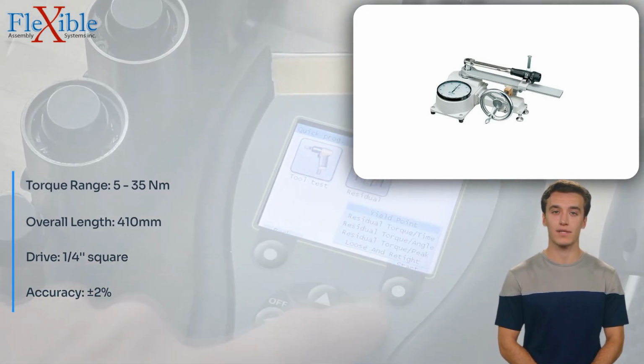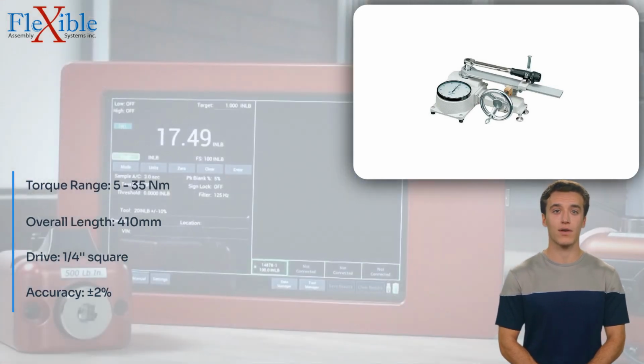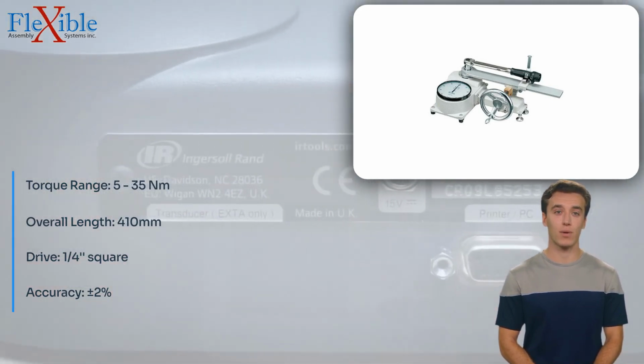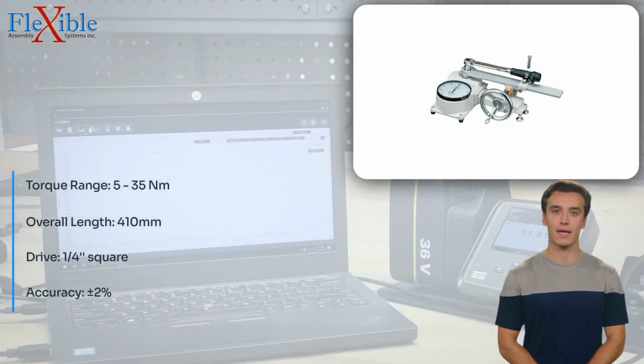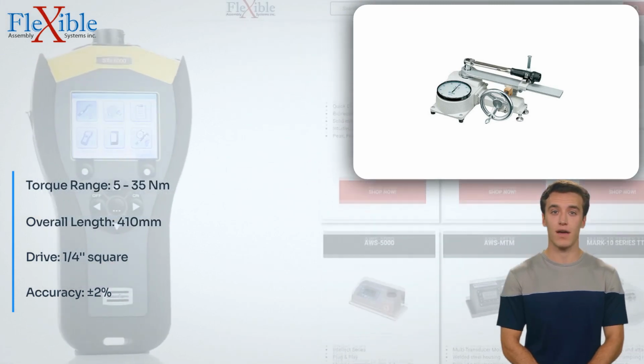Calibration is made effortless with a simple rotation of the handle, allowing you to maintain accurate measurements over time. Designed to be set horizontally, the 35N eliminates the need for weight correction, simplifying the testing process and reducing potential errors. With its wide torque range, analog dial display, mechanical loading device, and easy calibration, the Tohnichi 35N Torque Tester